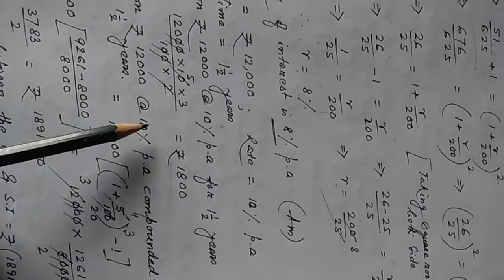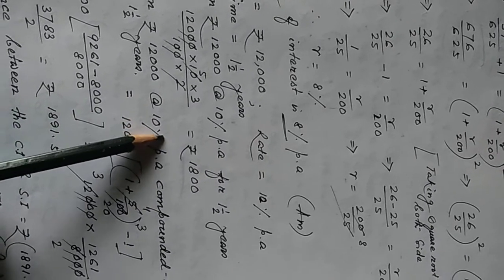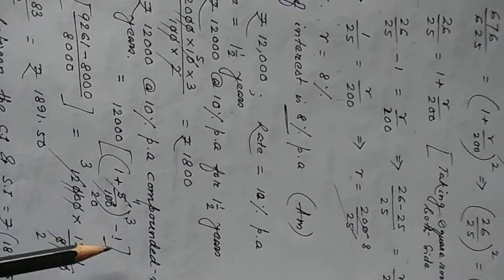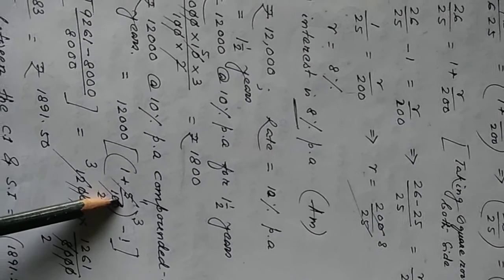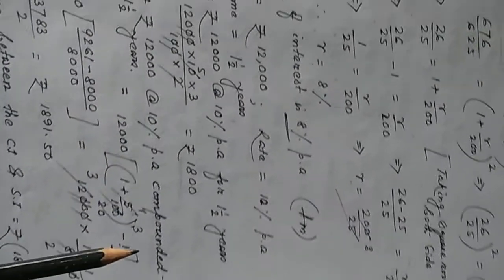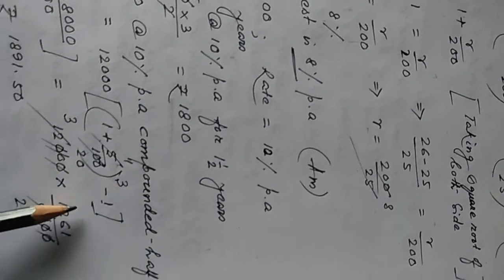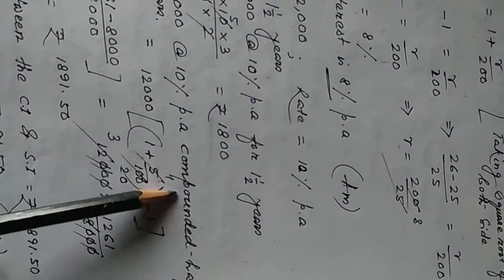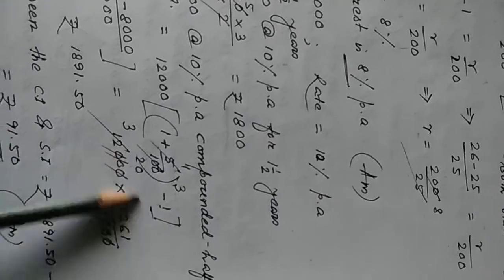Why? Here 5 by 100 I take because half of 10% is 5%, 5 by 100, and for 1.5 year there will be 3 terms, 6 months each, so I write the power 3 minus 1,